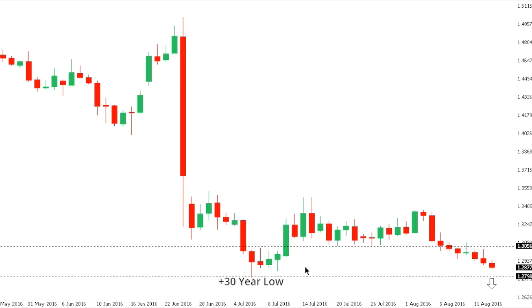Sterling dollar. So cable continues to trade lower and is now within a stone's throw of that 30-year low that we saw back in July, just under 128. At this point, look for deeper setbacks below 128 to expose the next major psychological barrier at 125 further down. Only back above recent highs that we saw all the way up at 133.72 would take the pressure off the